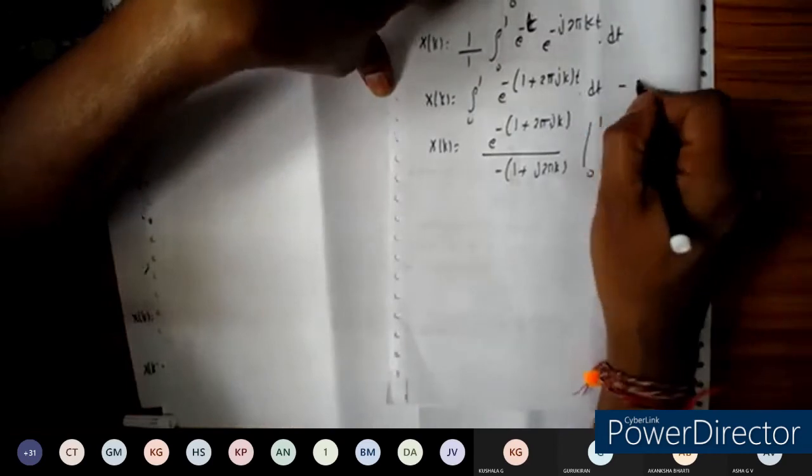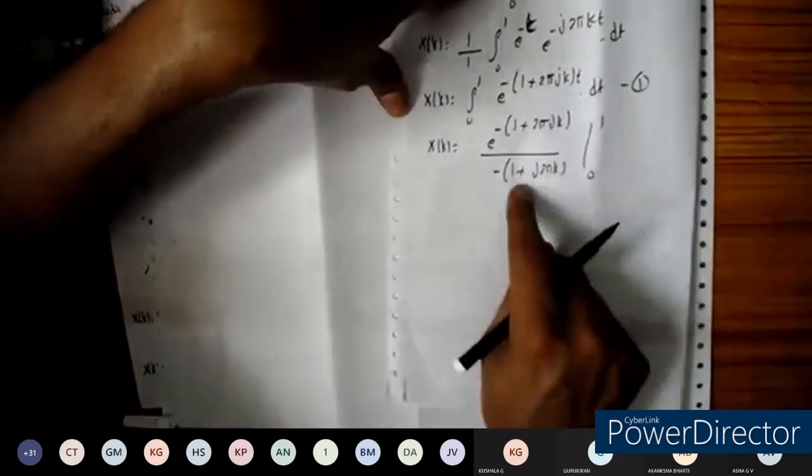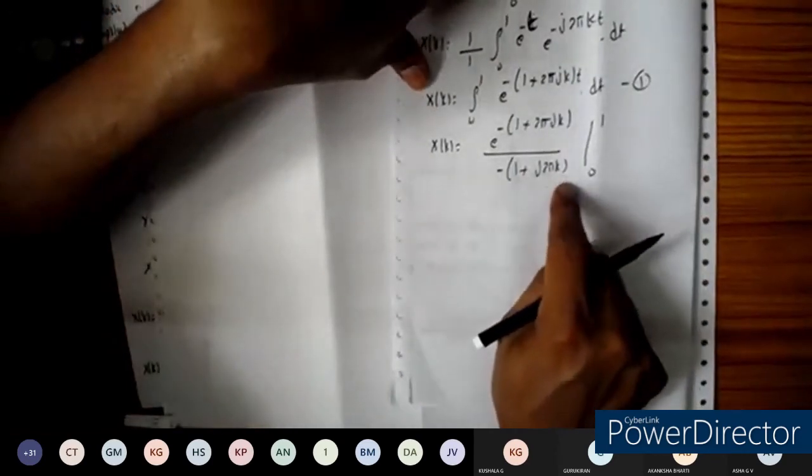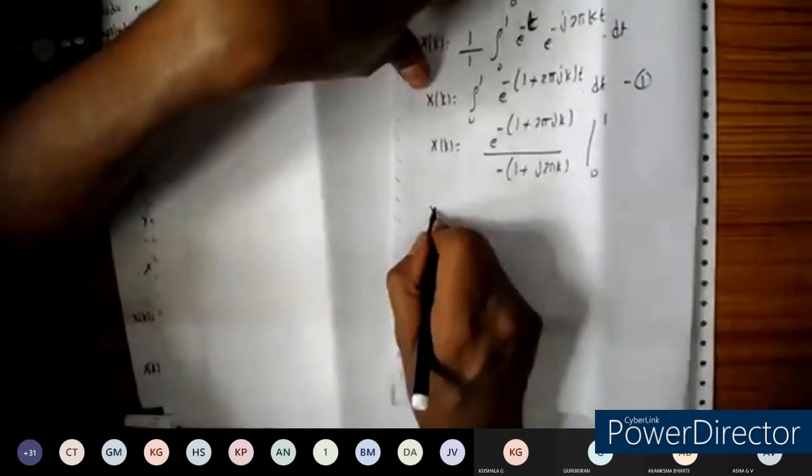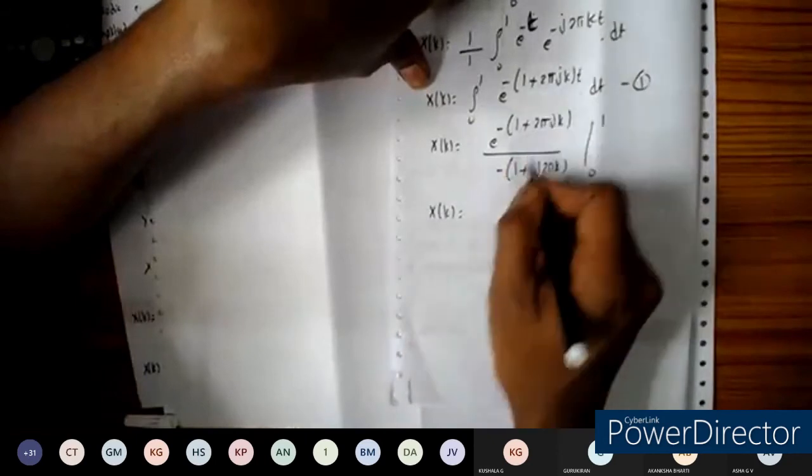So you can call this equation number 1. I think the infinity condition will not come. Even if k is equal to 0, 1 by something will be there, so the infinity condition will not come. So x of k is equal to,